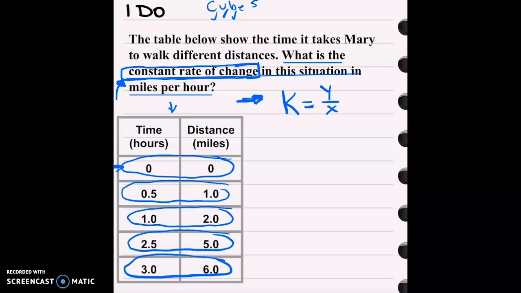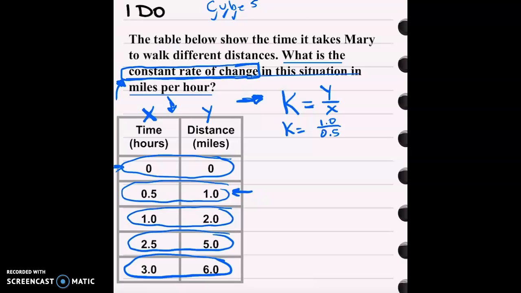Now for x and y: time, doesn't matter if you're in 8th grade, 9th grade, or wherever, time is always going to be independent, and it's always going to be x. Distance will be y. Then I'm going to set up my equation by substituting the values for the variables. k is equal, I'm going to select the first row, 1 divided by